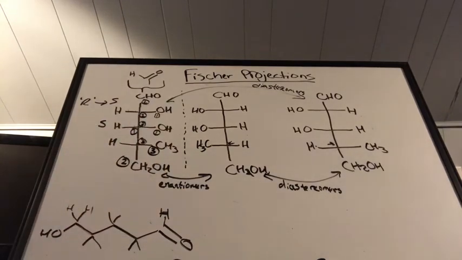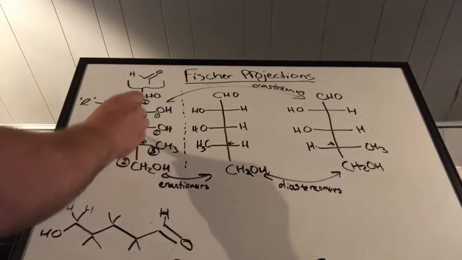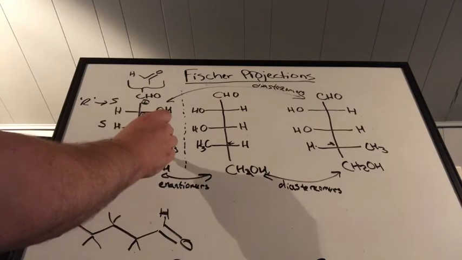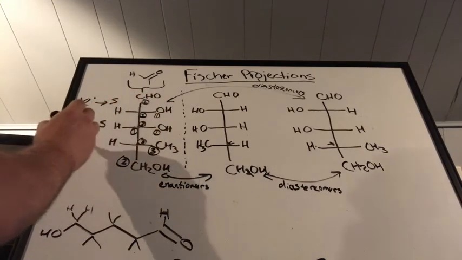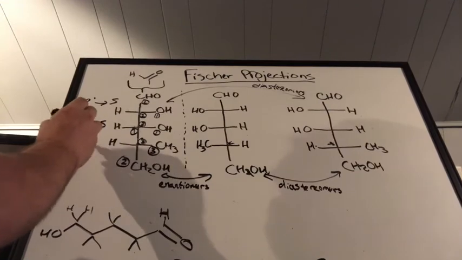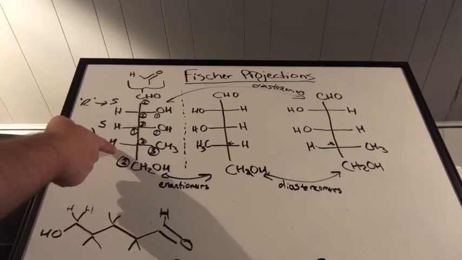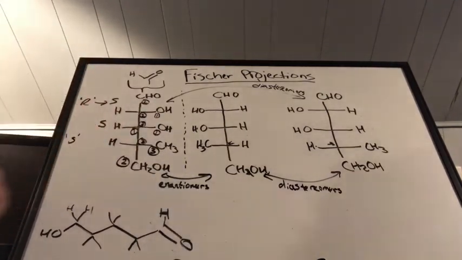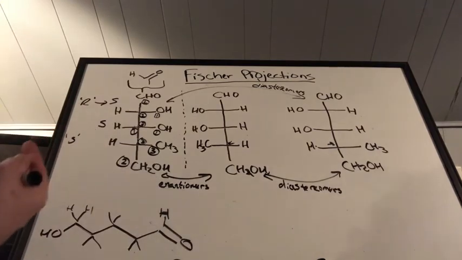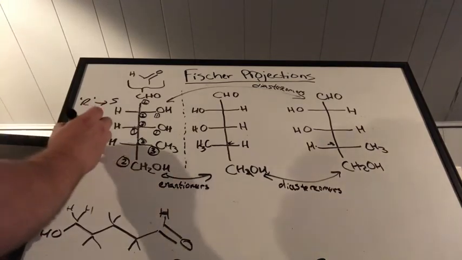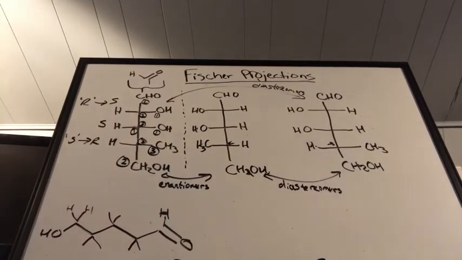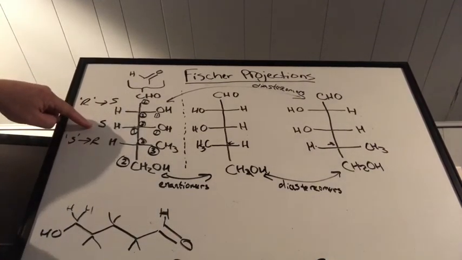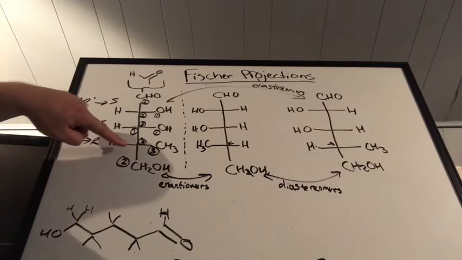Okay, so as it appears, it's going to go 1, 2, 3. So that is S. We'll put that in quotation marks again, because we need to flip that and put it into the plane of the page, not out of the plane of the page like we assume it is. So in other words, it's going to be R. So it's going to go S, S, R for these